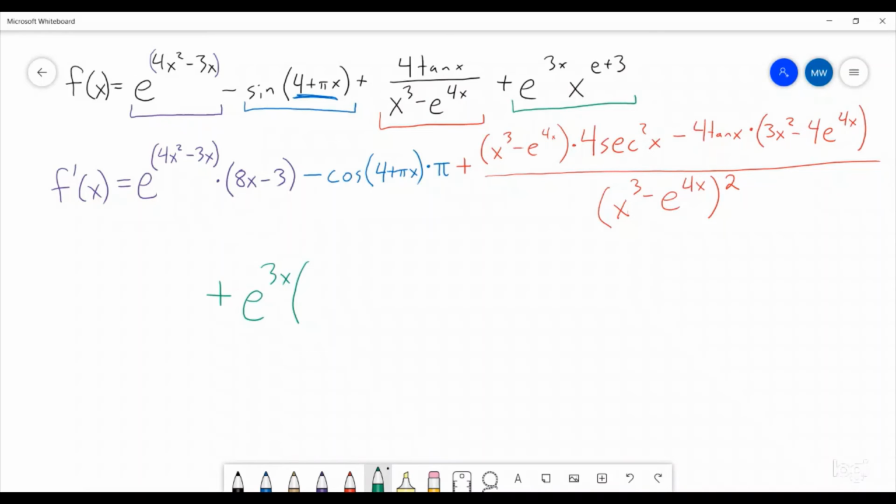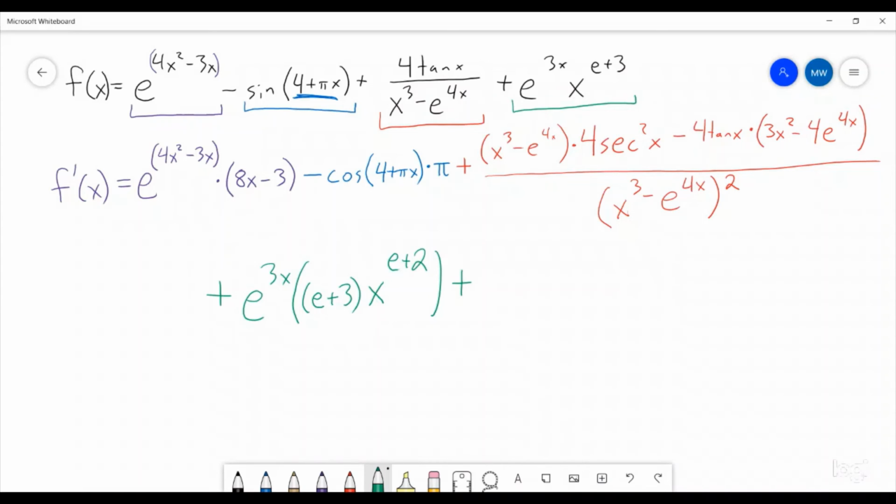Well, the rule for exponents on x's is you bring down the power of x and then it's x to that power minus 1. So, because it's x to the e plus 3, that is now x to the e plus 2,